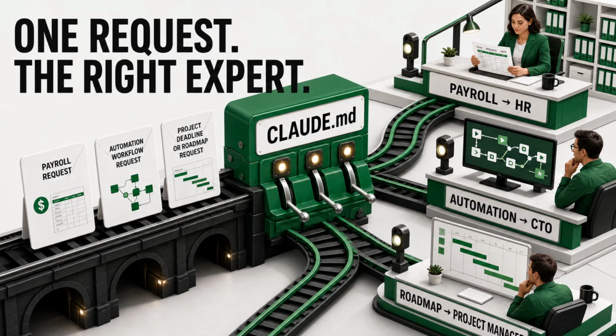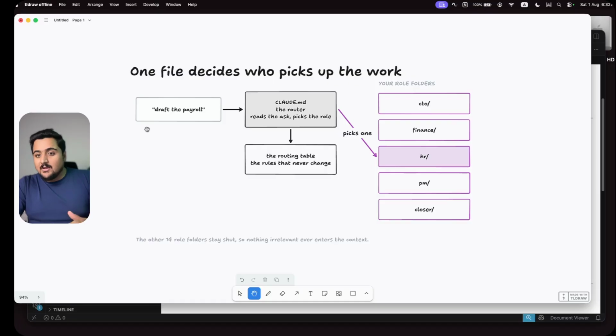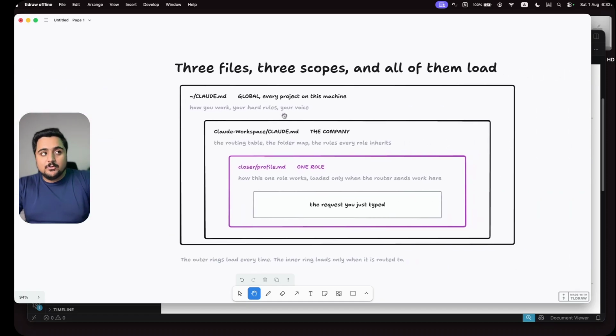If I say draft the payroll, in my case, I am managing an agency, who handles the payroll? In this scenario, it is not the purpose of the CTO. It is not being handled by a project manager. It is handled by HR. So it will route this to HR. Similarly, if a person comes here for a technical query, hey, I have to make an N8N workflow and I need some technical solution, it will go to the CTO. If it is coming with, hey, what is the deadline of this project and where is this project, can you plan this project? Can you make the complete timeline roadmap of this project? It will automatically route it to the project manager. So this is the purpose of this file.